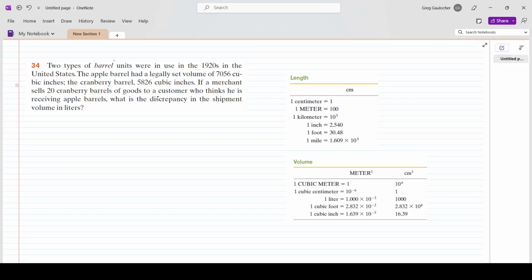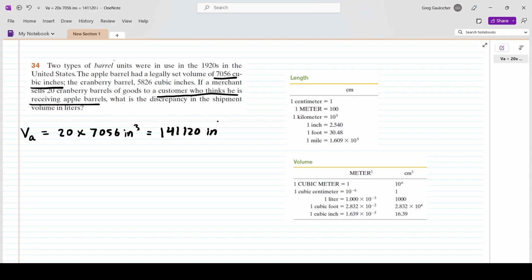In this question, we have a customer who thinks that he is receiving 20 apple barrels, and we're going to calculate the total volume of those 20 apple barrels. We'll call that V sub A. It's very easy to do that. We just take the 20 barrels and multiply that by the volume of each individual apple barrel, which is given as 7,056 cubic inches. And we end up getting a volume of